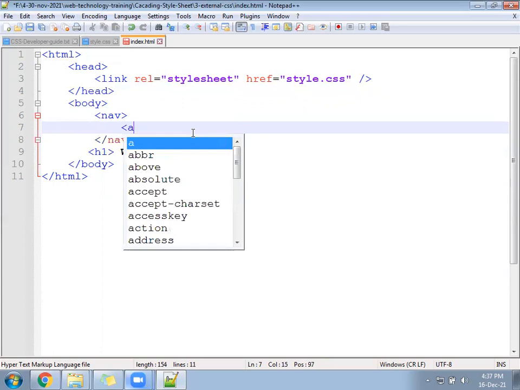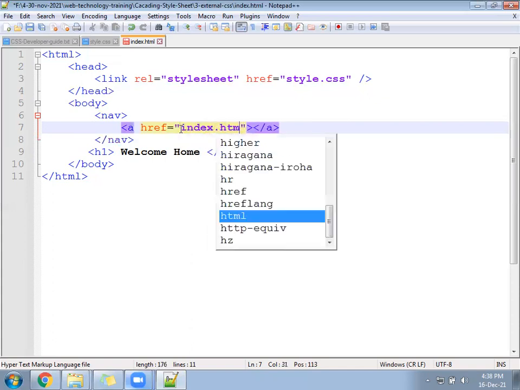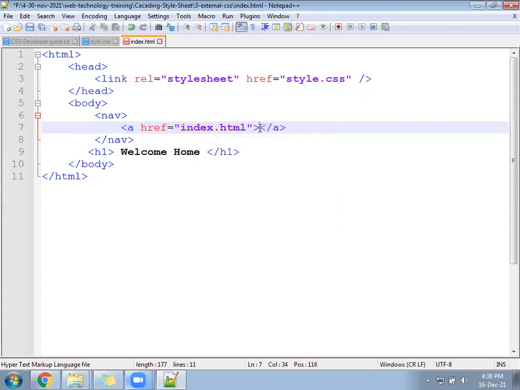Href, give the current file name. That is your index.html. Here call it Home.